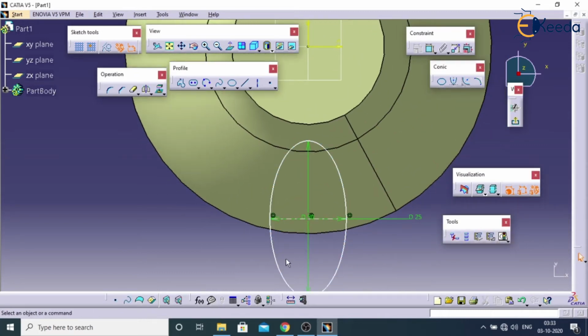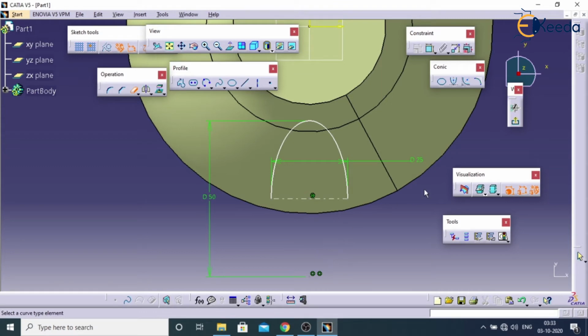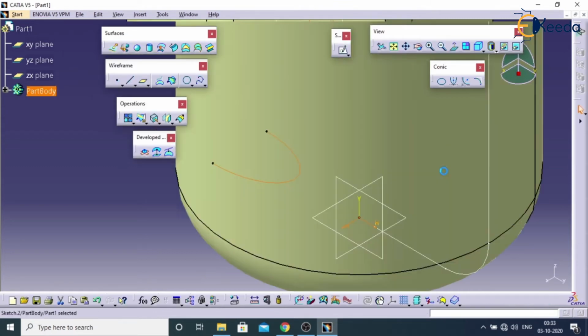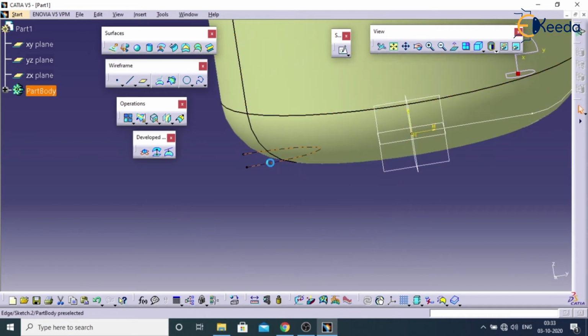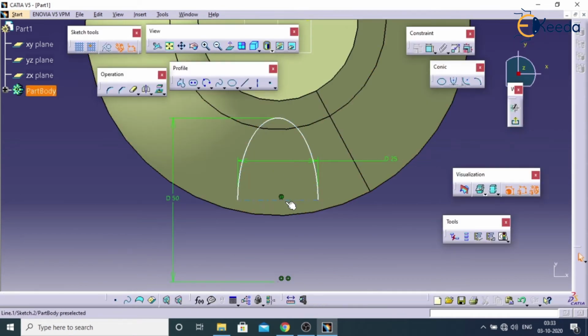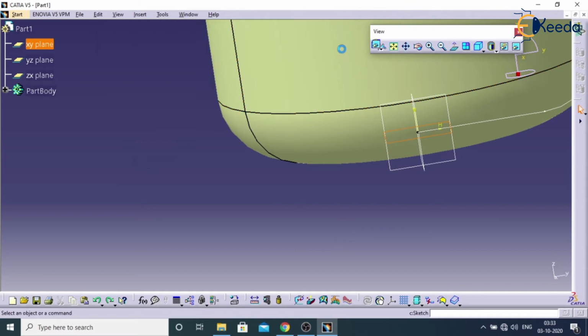Now this extra part we need to trim. Double click on this and go for exit. Double click on this again so that we can enter into the Sketcher. Again go for sketch.